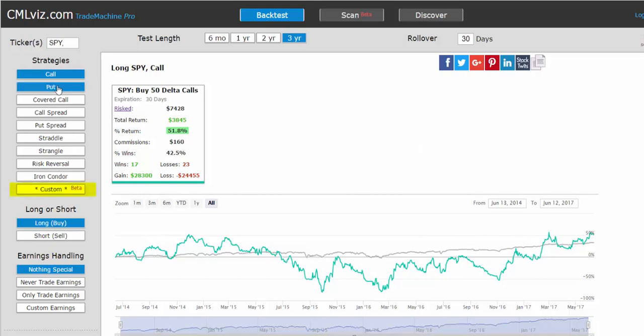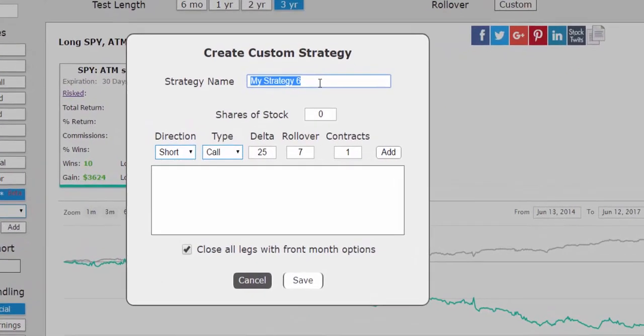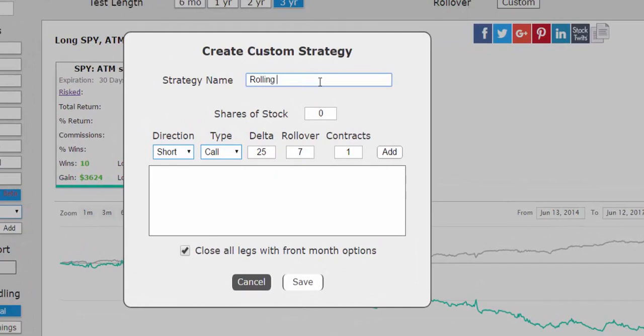We'll click Custom under Strategies, and we'll click Add. This is going to be a rolling call calendar. Here's the idea. We're going to buy a call at the money every 30 days. But we're going to offset that long call by selling a weekly call that's out of the money every 7